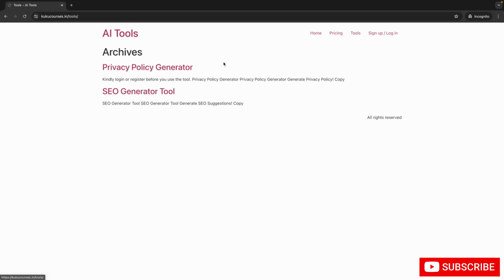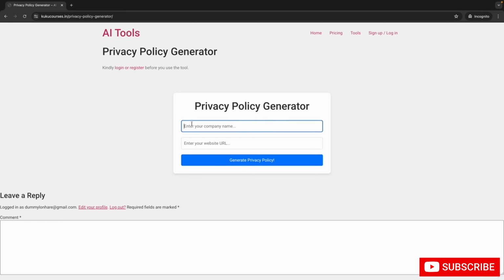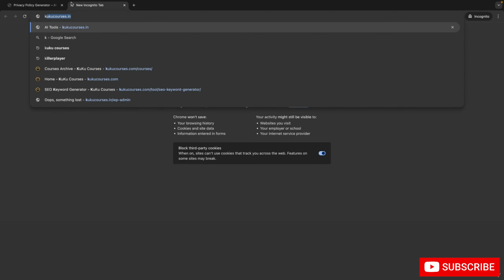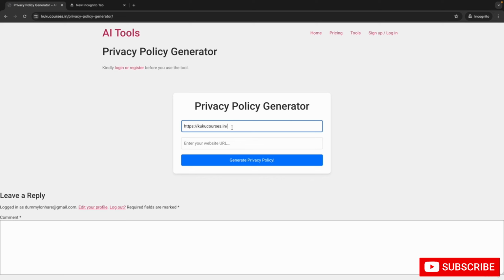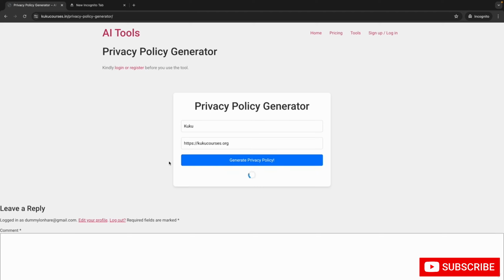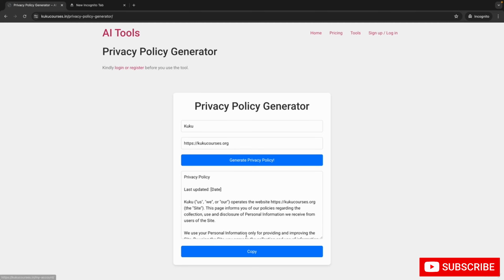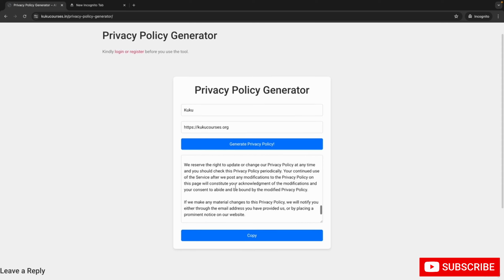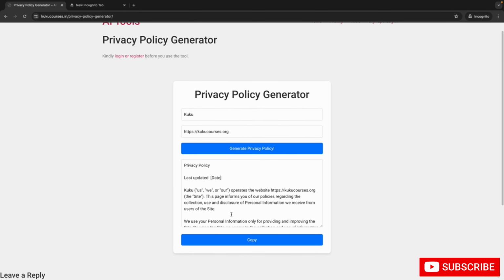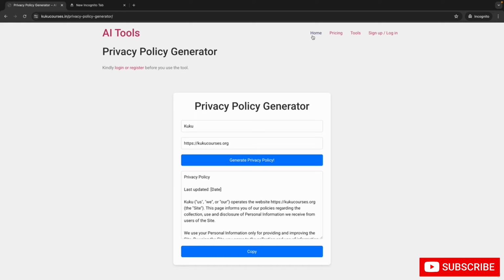Now just go to tools, and paste in the details. Let's say Google courses dot, let's say org, maybe. Okay, and let's say cuckoo, anything. Now you can see it is going to work. Okay, it's all about the user being logged in. So now you can see it has generated the content. It has generated good content, so you can copy this and use it. Okay, and now if you go to the home page, you will see 5 points